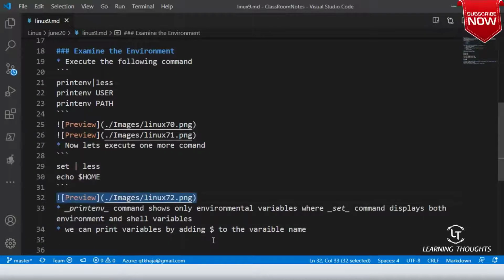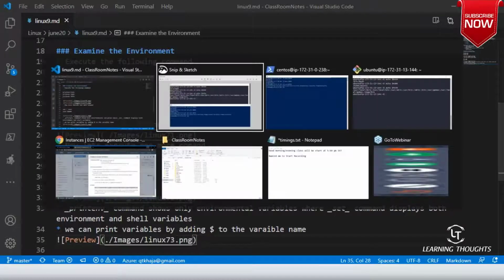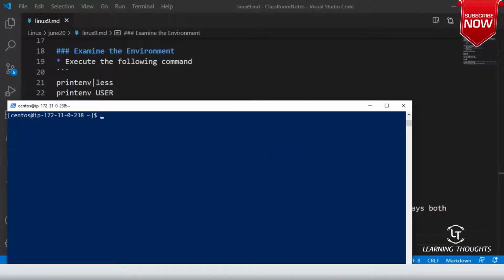The moment you add a dollar to the variable name, your shell knows some tricks and tries to see whether there is any variable with that name. If no variable is found, let me show you, I will not be putting this in the documentation: echo $QT. It will not print anything, because there is no variable called QT defined. Am I clear on this? So where do you get the set of these variables?